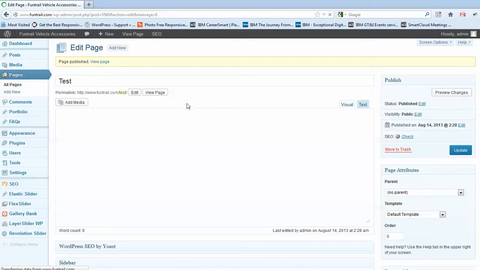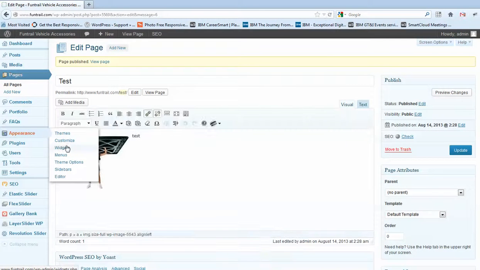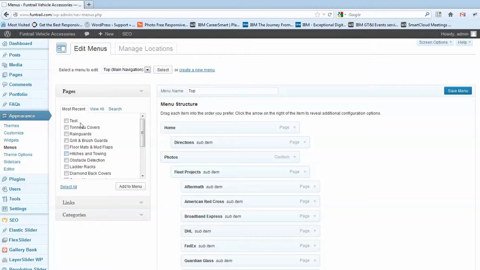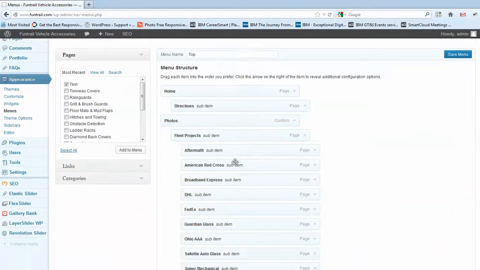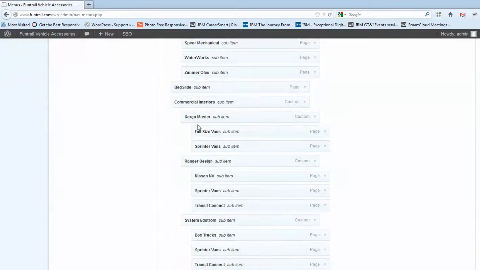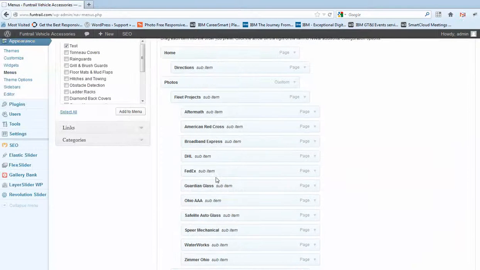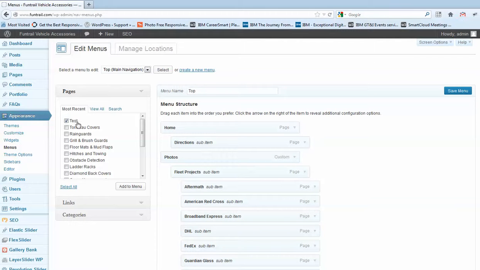Okay, great. Now we'll go into appearance, menus, and this is where all the top navigation is found. You can see we just created a new page test, so it floats to the top. Now these are all the navigation. You can see the sub navigation, and it actually says sub items. You know that that's a sub navigation. So what we're going to do is add test to our list of menus. We're going to click test, click add to menu,